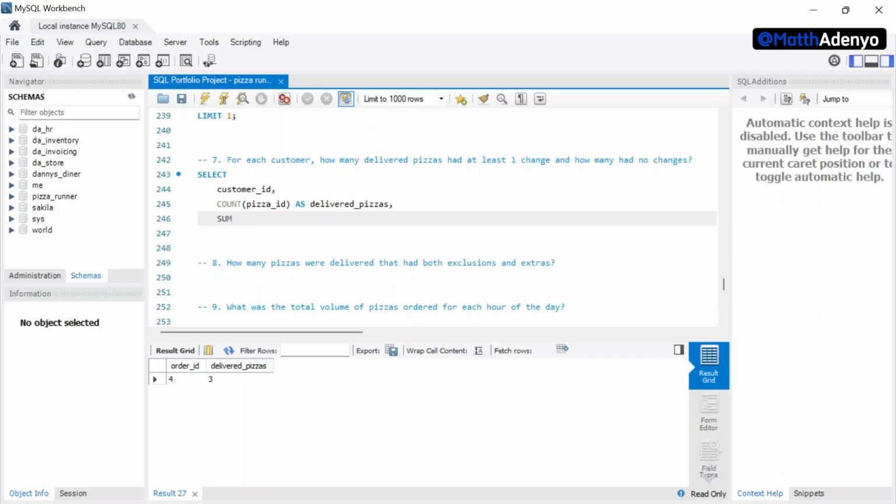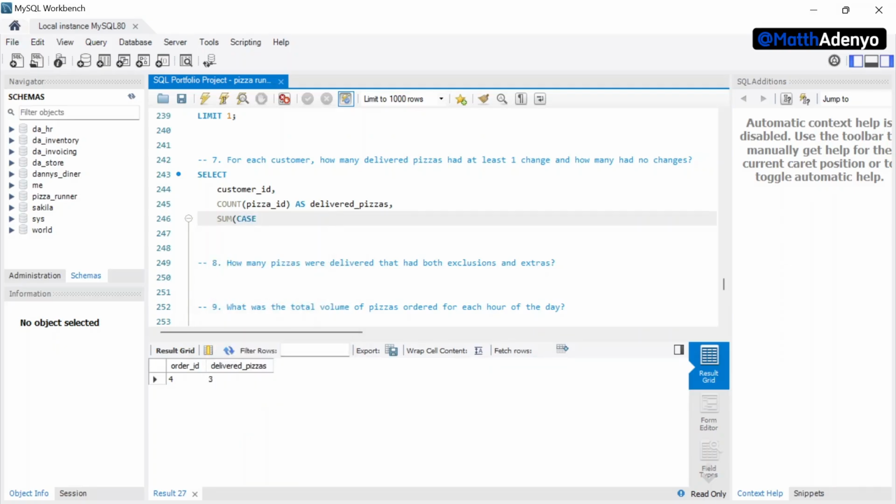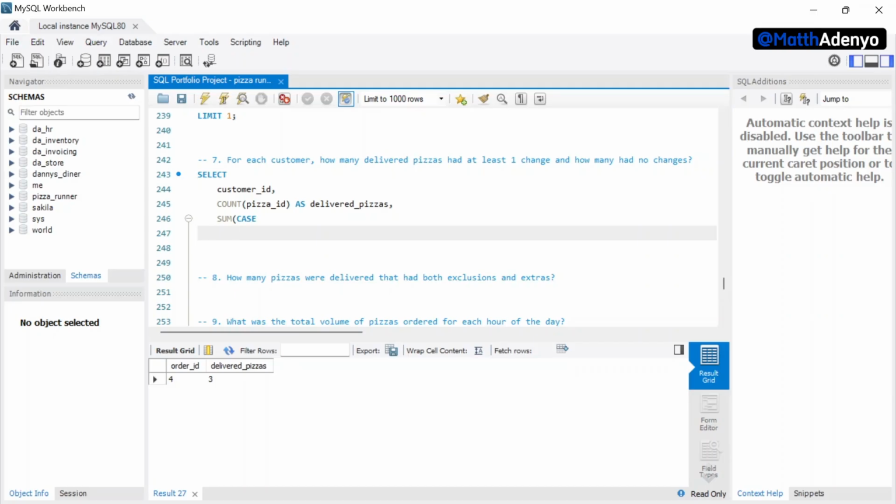So sum, and inside it I'm going to use case. So my first case, I will say when, and then I'm going to use exclusions, and I will say is